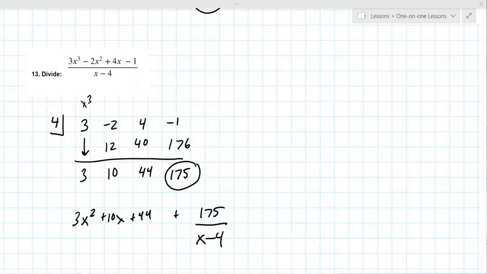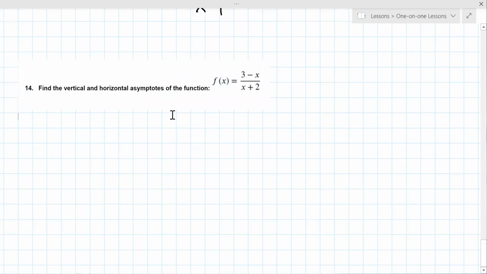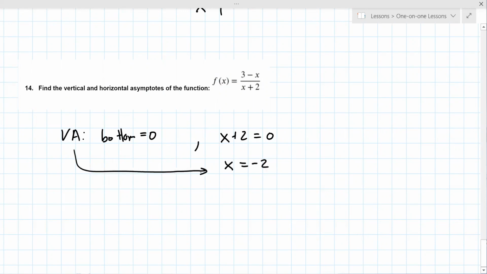On to number 14. Find the vertical and horizontal asymptotes of the function. So the vertical asymptotes are where the bottom equals 0. So in this case, where does x plus 2 equal 0? When x equals minus 2. That's your vertical asymptote. The horizontal asymptote, because they have the same degree in this problem,